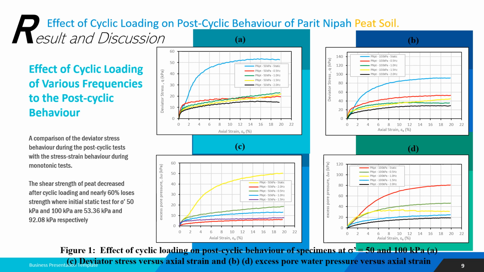The effect of various loading frequencies shows a gradual decrease after 1 Hz loading is applied, and this shows that the higher the loading frequency, the lower the shear strength, resulting in destruction of fiber in peat soil, which compromises peat strength. Therefore, the recorded values for PNPD fulfill the statement of Moreno and Edgar 2004 that